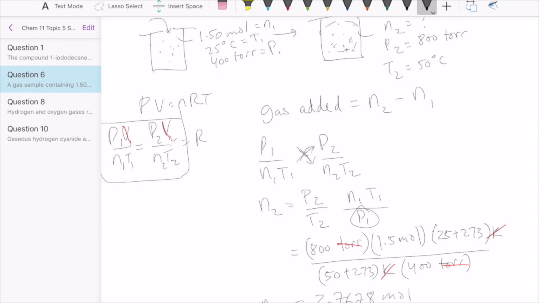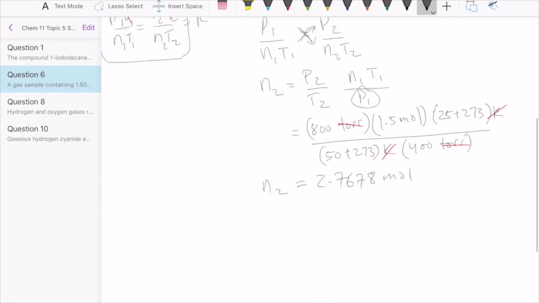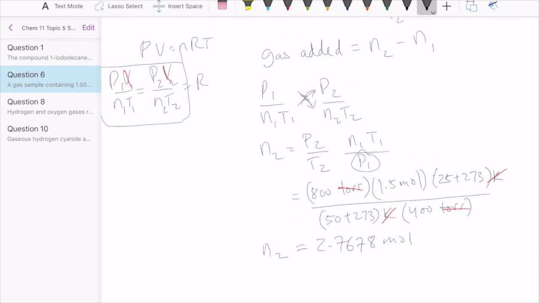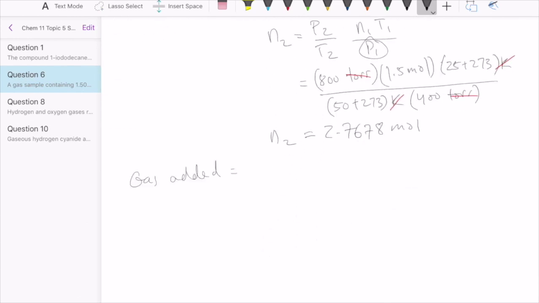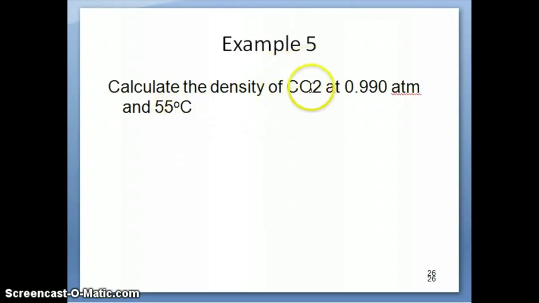2.7678 moles. Now remember that's N2, so the number of moles of gas added is going to be N2 minus N1. We take 2.7678 moles minus 1.5, and that gives us 1.2678 moles, or if we round it, 1.27 moles. So now what I want to do is work a problem of calculating the density of carbon